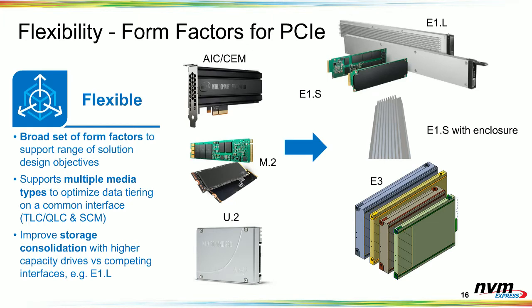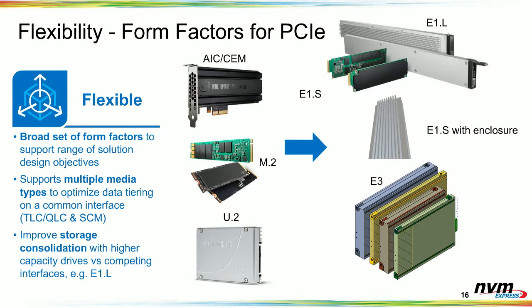So E1 is focused around 1U, and so you have E1.L for really high-capacity drives, and then you have E1.S for scalable performance and mainstream compute use, and then you have E3, which is optimized for 2U compute and storage. And then you have higher power than U.2 to scale to those higher PCIe Gen 5 speeds I talked about, and to different device types like, say, CXL persistent memory or accelerators or computational storage. So really, PCI Express gives you a bunch of scalability in the form factors.